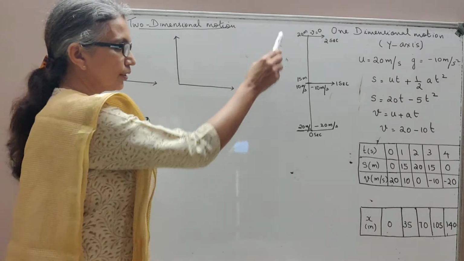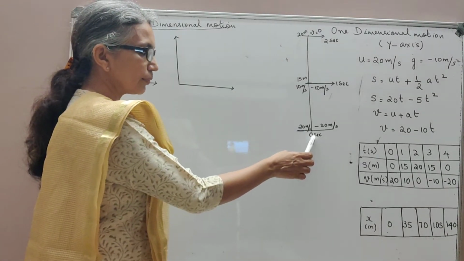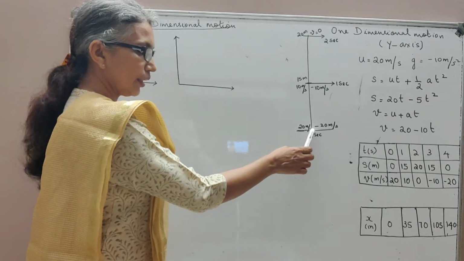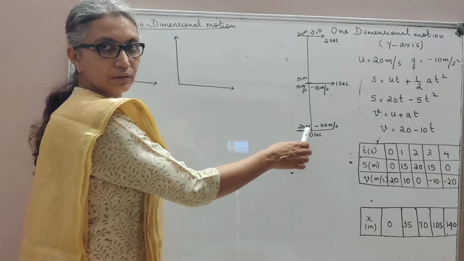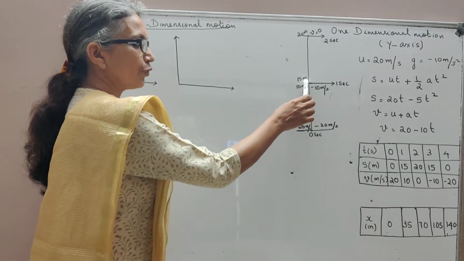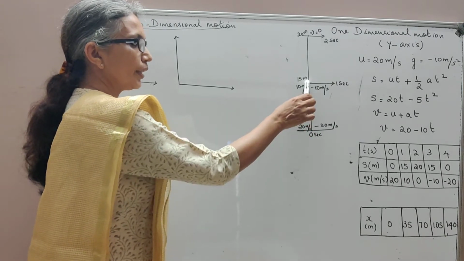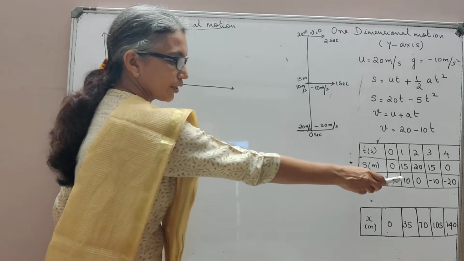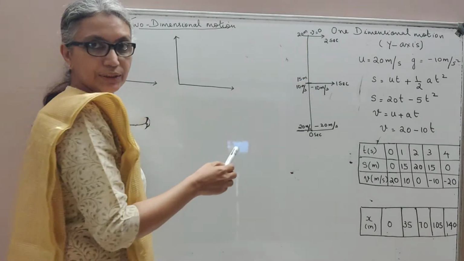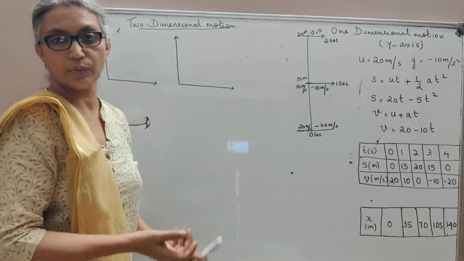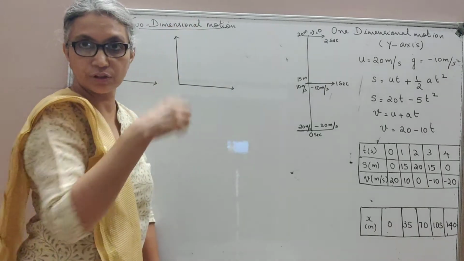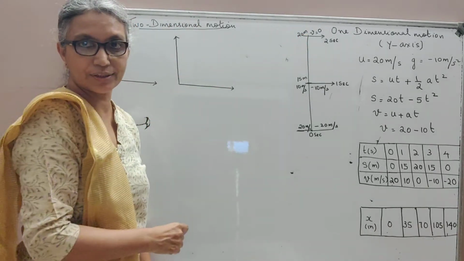Now, if I show you through a diagram, you will see at 0 second, I projected the body at 20 meter per second. It is at displacement 0 from where it is projected. At 1 second, it is at 15 meters from here, and it is having a velocity of 10 meter per second. Then at 2 seconds, it has reached the maximum height of 20 meters. As you know, a body thrown up has velocity 0 at maximum height, because this is the point of return. So its velocity has touched 0.